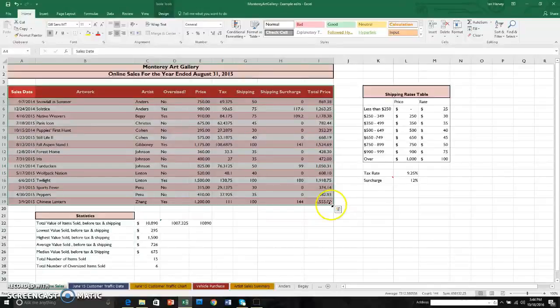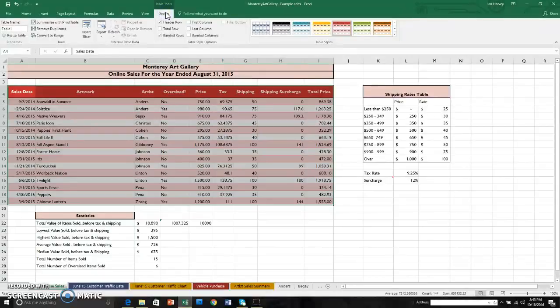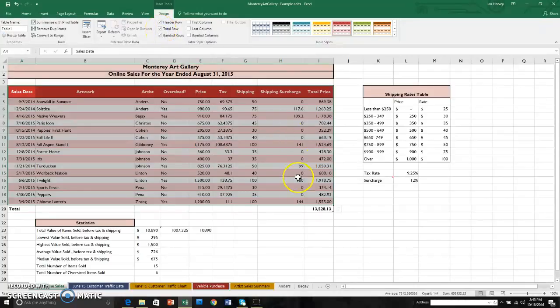Okay, now one other thing we might want to do is up here in the Design tab, when we click on the Design tab, we want to add in here a column. We want a totals column. And right here, you can see here under the Design tab, a total row. It'll do it automatically for us. So we just click on that, and now you can see down here at the bottom, it put in a total row for us,